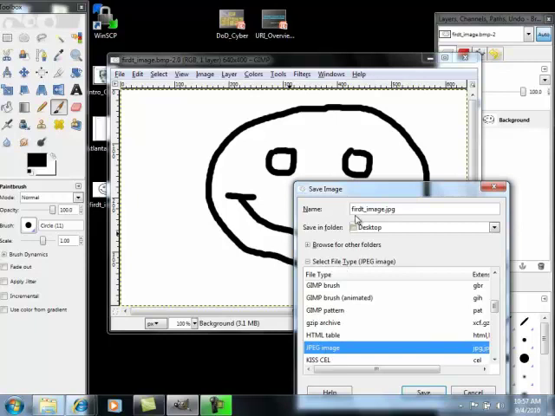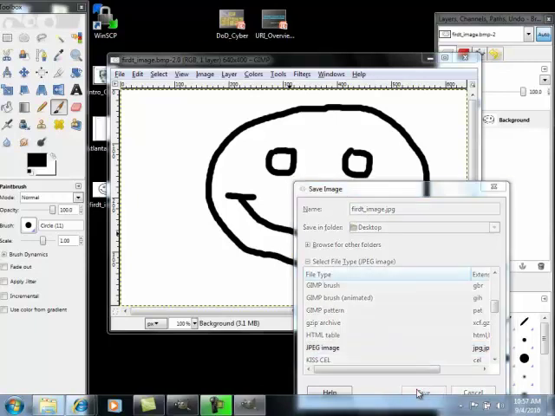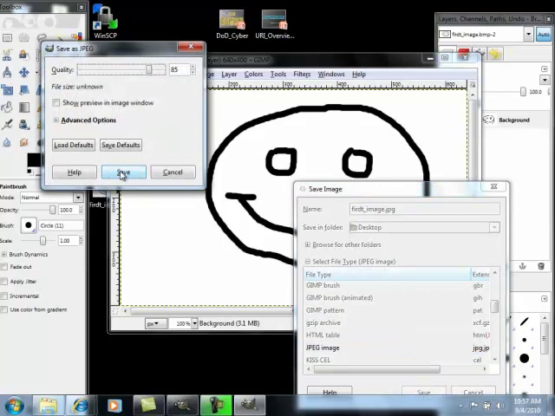So it'll be called firstimage.jpg, going to my desktop. When you save something as a JPEG, before you can save it, up will come this dialog box, and it asks about the quality of the image. And there's a slider. The farther right you slide it, the higher quality of the image you get, but the